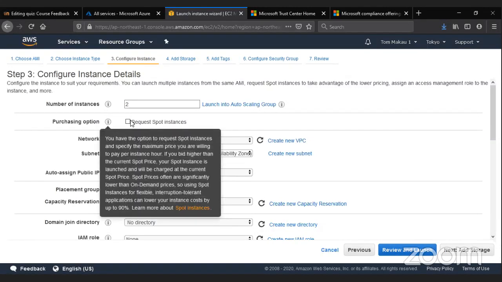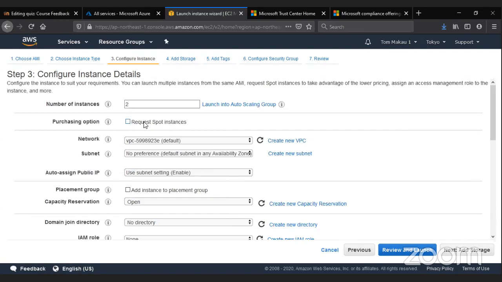Then there are purchasing options. You can buy a server on the internet and then on the cloud, and then use what are known as spot instances. This is the excess capacity available when other customers have bought, so it's a bit cheaper. So if you want, for example, to do batch processing of your large amount of data at night only, then you can use spot instances. It's cheaper for you.